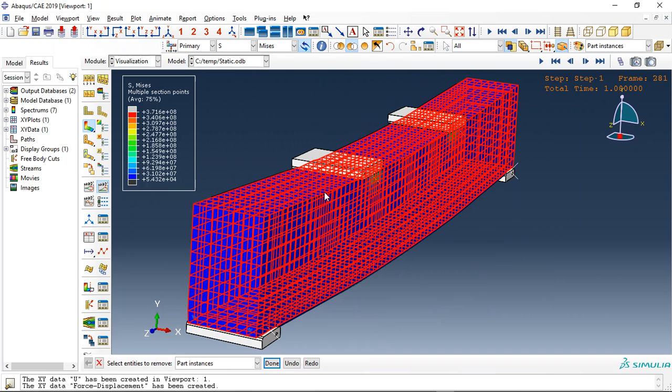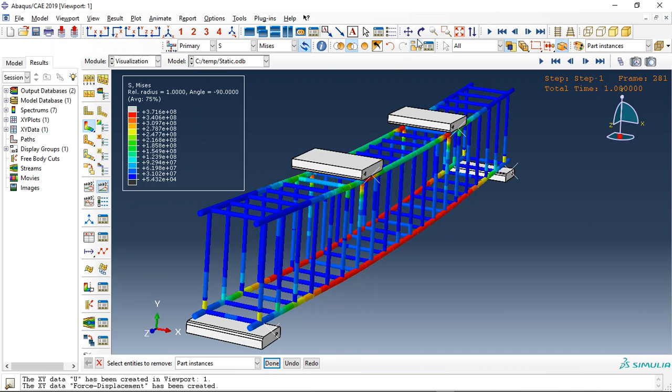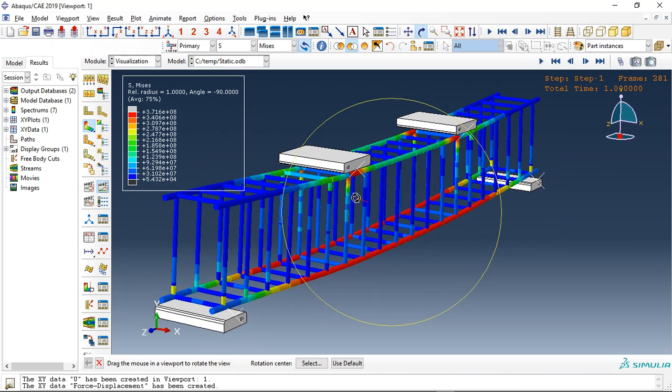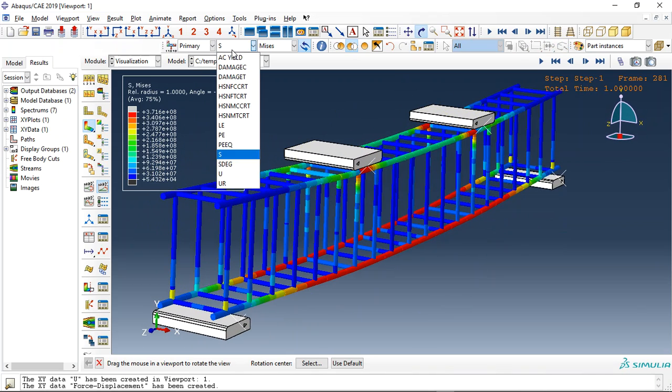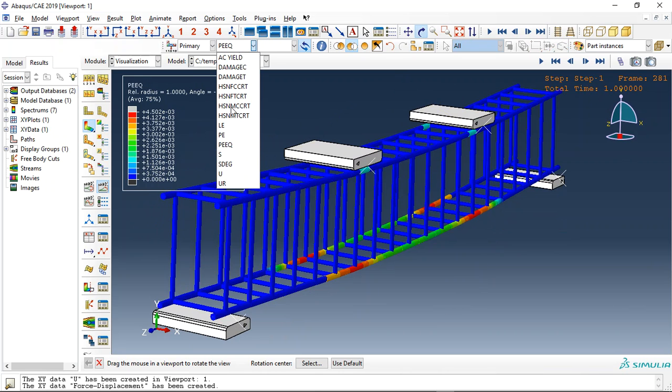And now let me check just the steel reinforcement and the stress, the plastic strain, and